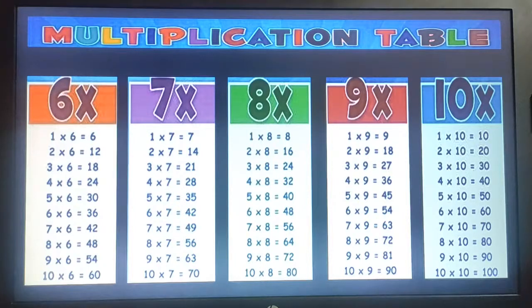Here there is a simple rule. If we multiply any number to 10, we will just add 1 0 at the end. So today's work is that you have to learn multiplication table from 2 to 10 so that we can do further exercises very smoothly. And once you learn all the tables, you can multiply quickly.